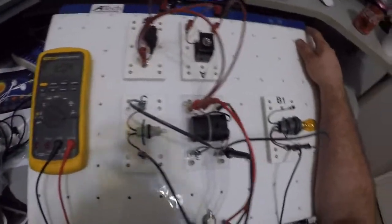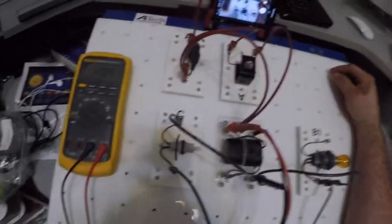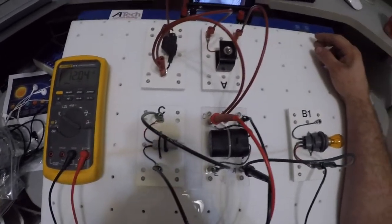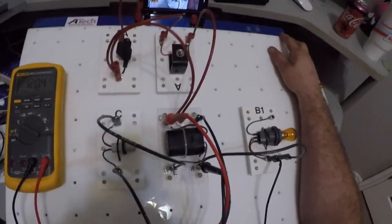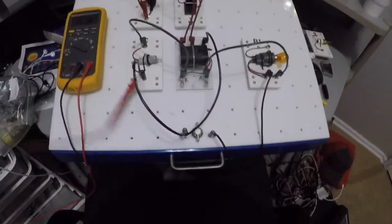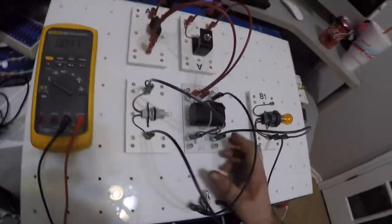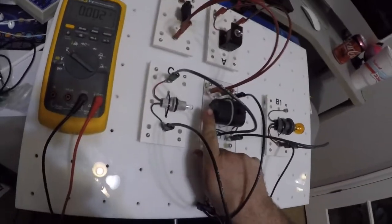So there's my voltage drop. I know that my voltage drop is on the relay. Now, does that mean my relay's bad? Not necessarily. We're going to look into that. What we're going to look at is that my relay has a